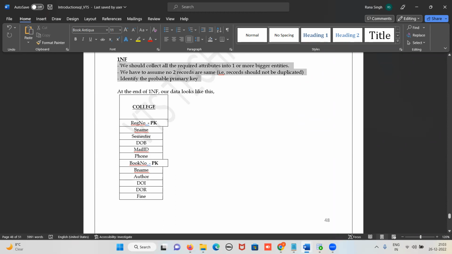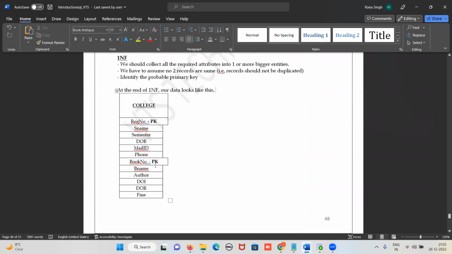So three points, guys. First, we collect the required columns in one bigger table, and we assume that no two records are the same here. And I will identify the probable primary key. Suppose here registration number and book number is the primary key which we have identified. Then